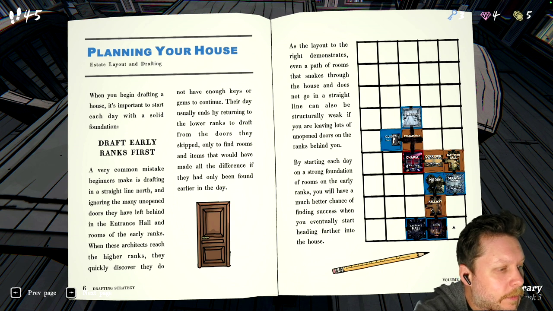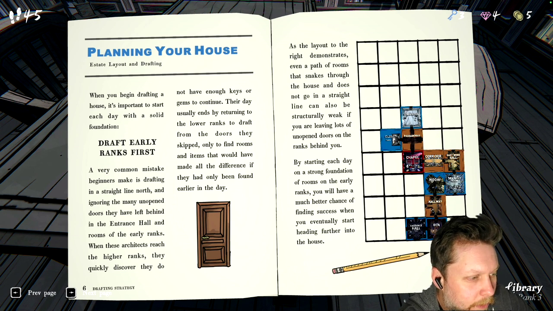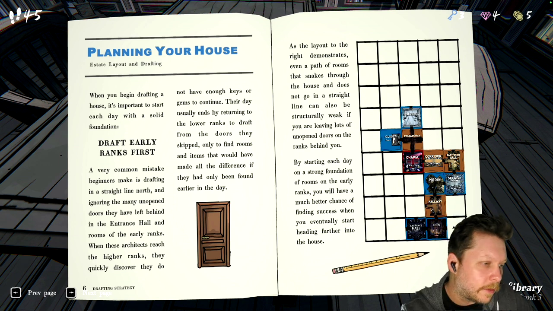When you begin drafting, it's important to start each day with a solid foundation. Draft early ranks first. I like that too, so you go kind of back and forth. A very common mistake beginners make is drafting a straight line north and ignoring the many unopened doors they have left behind in the entrance hall and rooms of the early ranks. When these architects reach the higher ranks, they discover quickly they do not have enough keys or gems to continue. Their day usually ends by returning to the lower...